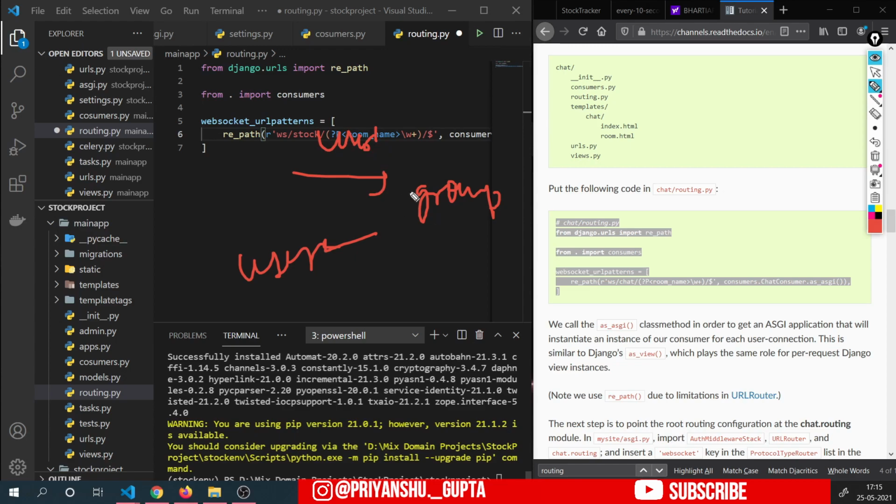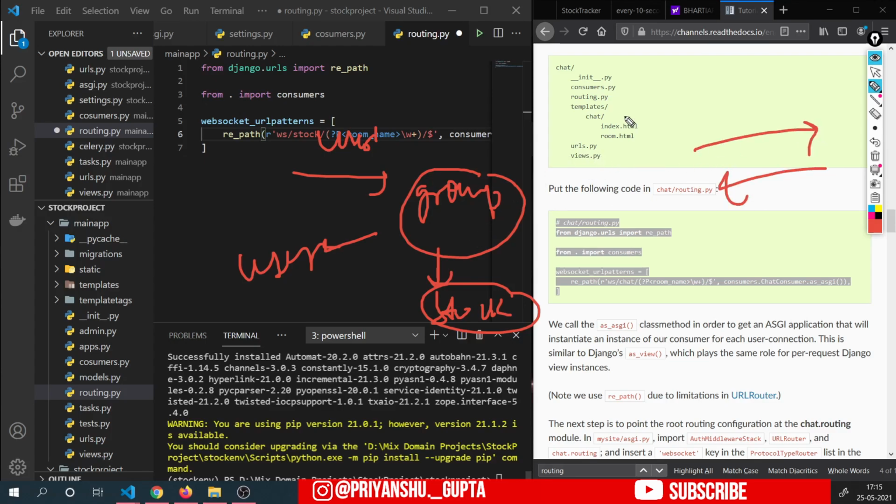So now here we will make a common group. Let's name it a stock group, in which all the users will be added, and they can see the live stock update, because we will send the data that we have received from the third party. This Celery will send the data to this group. It will broadcast the data to all these users through WebSocket. Okay, so this is how our channels or WebSockets will work here, using groups and channels.